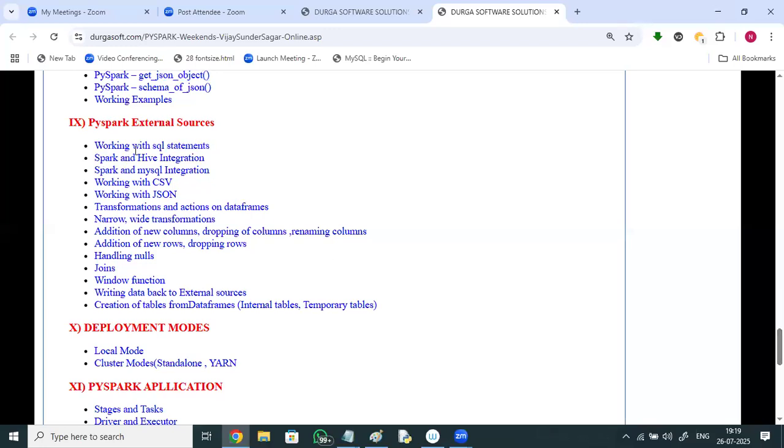PySpark external sources. Working with SQL statements, Spark and Hive integration. Hive is one of the important components that can be integrated with any other component. And MySQL integrations, working with CSV, JSON, transformations and actions, narrow and wide transformations, adding of new columns, dropping of columns, renaming columns, adding of new rows, handling nulls, creating deployment modes, local mode, cluster mode, PySpark applications,